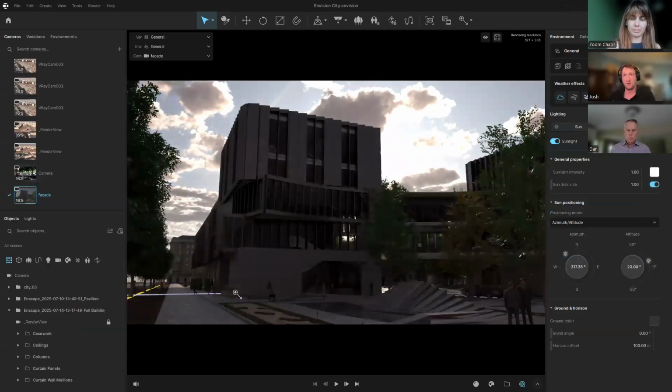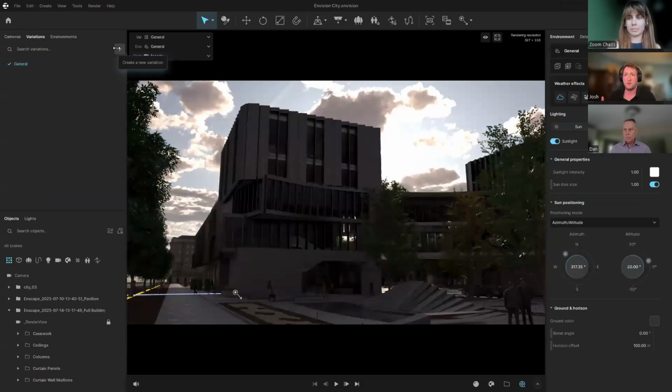But now let's talk about the variations quick. So under variations, this is where, let's say I want to do a material change to show my clients, here's what the facade looks like in one color versus another color. But again, this is just a quick variation. So we're going to choose one variation. So I'm going to say, metal. I'm going to say